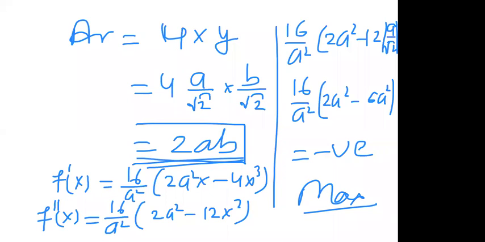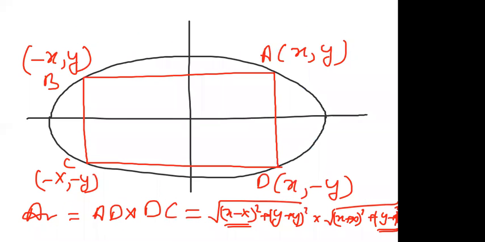So this way we could do the question. Similar to this, you will be able to do question number 8 also. This is one of the very good questions. Please see this question once again so that you are able to understand. Diagram is the most important thing. This question has come a number of times in the board examination. The same question which I have done on the screen is from NCERT exemplar, and the NCERT question you could do. That I'm not doing, you will be doing, and we will discuss the problem if you are facing any.